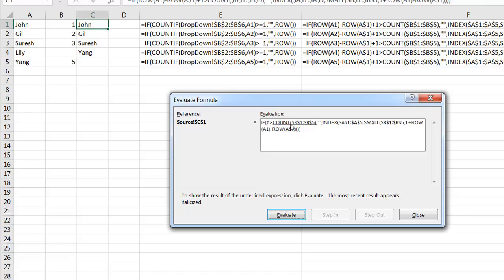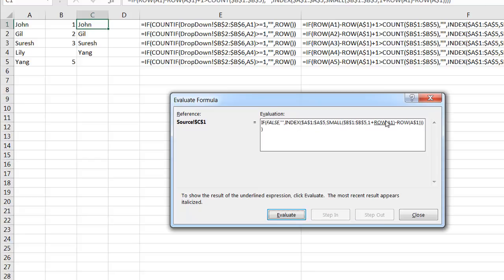So it's going to evaluate the next function now. The next function is going to count the entries from B1 to B5. So the entries in B1 to B5, you can see that right now it's going to count any values that are in the cells. There are 4 values, 1, 2, 3, 4 right now, right? So it's going to count that. If I evaluate that, you can see that 4 shows up now. So 1 is not greater than 4. So it's going to evaluate that as false, right? So it won't put a blank in there because the second argument is only evaluated if it's true. So it evaluates false, and it's going to go